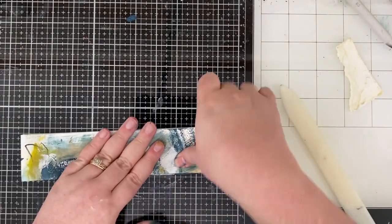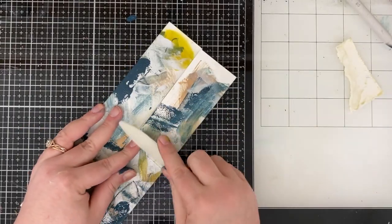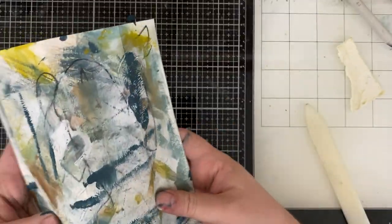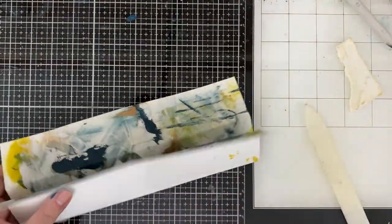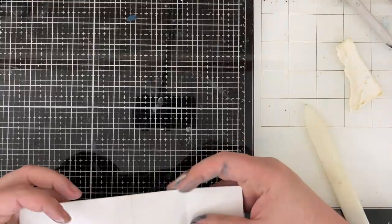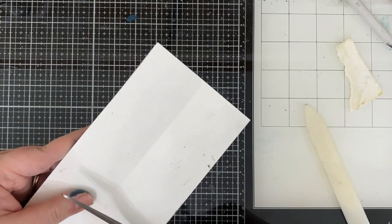This is ridiculous. And I just kind of kept going with it, even though I knew that this was not how this was supposed to go. That's why I'm not explaining what I'm doing. I don't even know if I could explain it to you, honestly. But I am using a bone folder to do all of the creases, because I've noticed that when I do this correctly, using a bone folder to crease everything